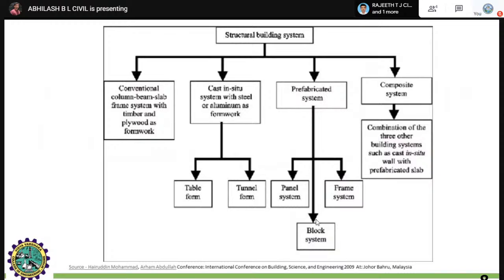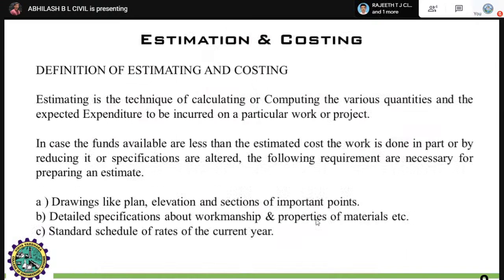slab. As I told, the cast in situ, that is in the site itself, they are casting such types of materials. The best example is jack arches, which are used as an alternative to the top part of the conventional method of slabs, that is concrete slabs. These are the combination, that is composite slabs, that is jack arches, beams, rafters, and the jack arch panels or slab type panels are obtained for these composite systems.